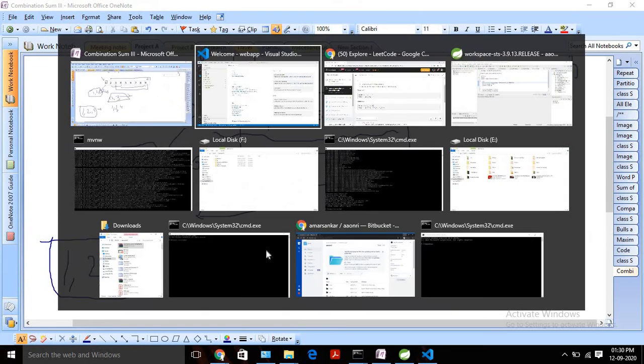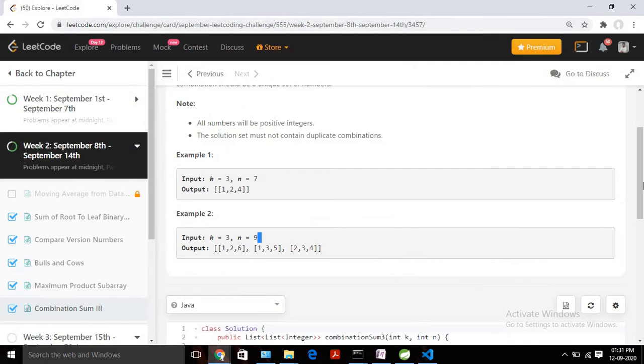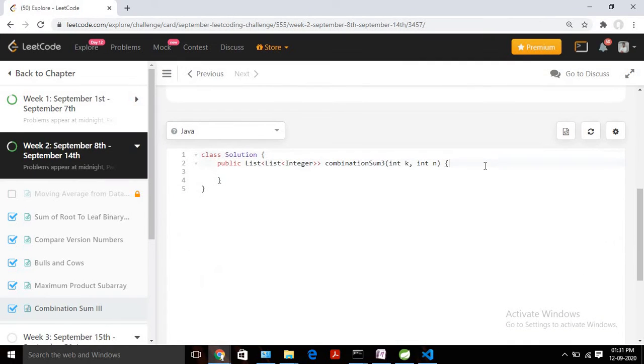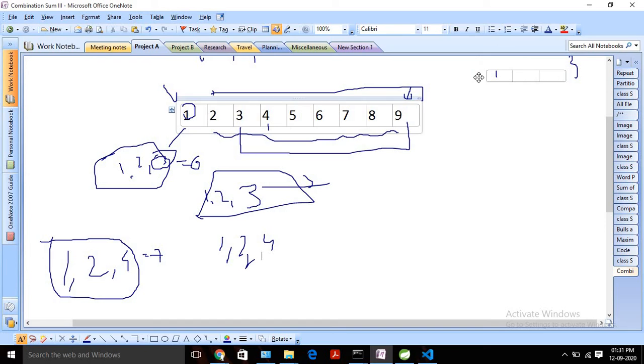So let's try to write the code for the same using Java. As I already told you, we need a couple of lists. Basically, one is for the actual list of list of integers. In this we are going to track the actual results. Let's initialize that first. So it should be new ArrayList, and again this ArrayList will contain another list, list of integer. And apart from this, we need one temporary list where we are going to keep adding this number, right?